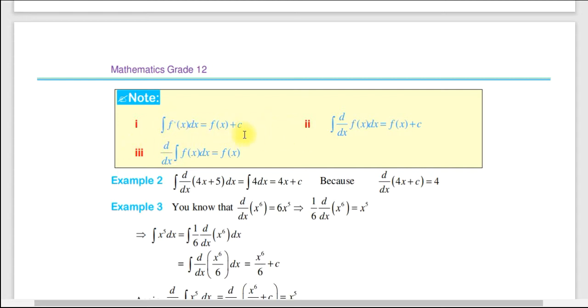እዚህ ጋር እንግዲህ ማስተዋሻችን ላይ ወደ 3 የሚደርሱ ፖይንቶች አሉን። የመጀመሪያው the integration of f prime at x dx ማለት f of x plus c ማለት ነው፣ okay። እዚህ ጋር ደግሞ the integration of d by dx of f of x dx, f of x plus c ማለት ነው። ሶስተኛው ላይ d by dx of the integral of f of x dx is equal to f of x፣ እዚህ ጋር ኮንስታንት የለውም፣ okay። አሁን d by dx ኢንተግራል ውስጥ ገብቶ ቢሆን ኖሮ ፕላስ c እንል ነበር፣ ነገር ግን d by dx ከምን ውጭ ነው፣ ከኢንተግራሉ ውጭ፤ እዚህ ግን ከኢንተግራሉ ውስጥ ነው። ሁለቱ ባጭሩ f prime at x ማለት d by dx of f of x ጋር ተመሳሳይ ነው፤ ሁለቱ ከዚህ ቀደም ዩኒት ላይ እንዳየነው ማለት ነው።